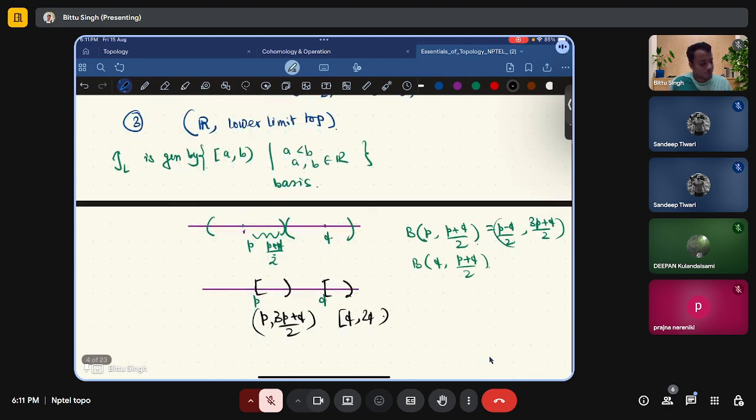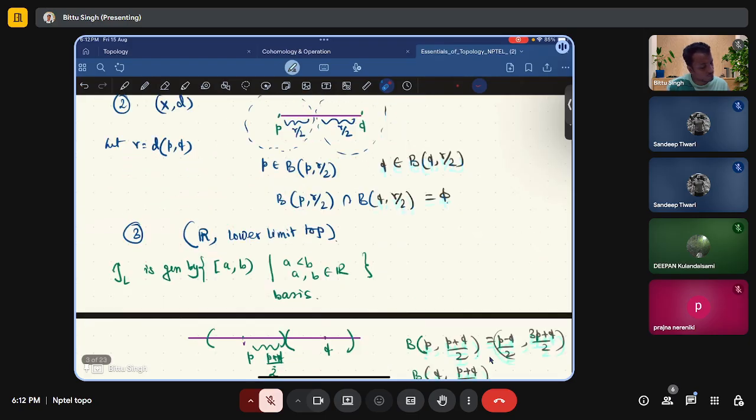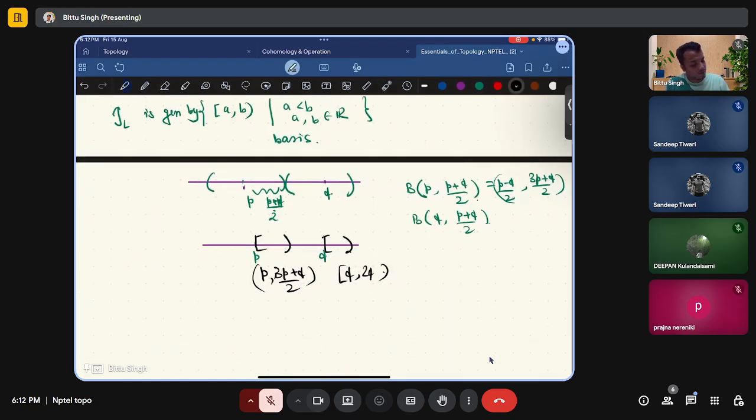So those are Hausdorff spaces. We can separate those 2 points by open neighborhoods. Those are some examples, and from here we can observe that